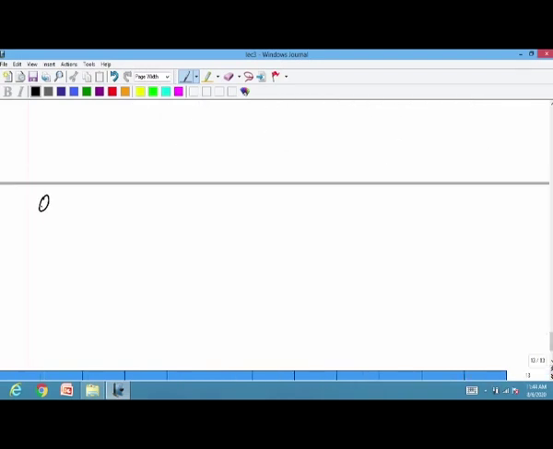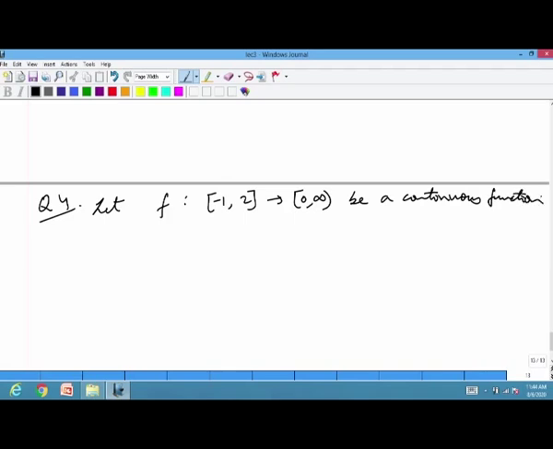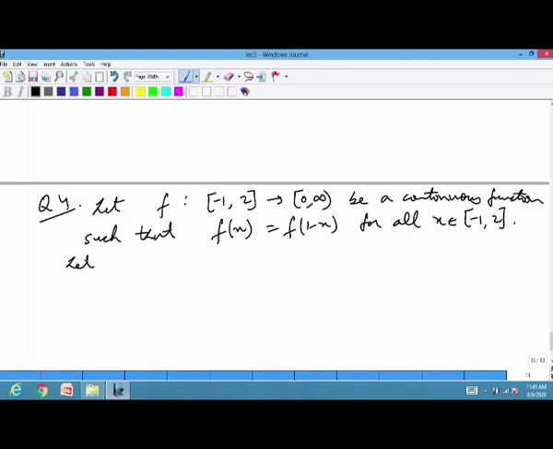Let us move to next problem, question 4. Let f be a continuous function from minus 1 to 2 into 0 to infinity, such that f of x is equal to f of 1 minus x for all x in minus 1 to 2, and let R1 equal integral from minus 1 to 2 of x times f x dx,